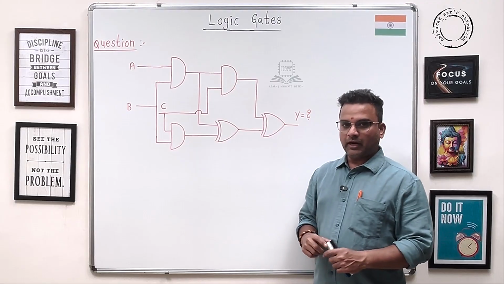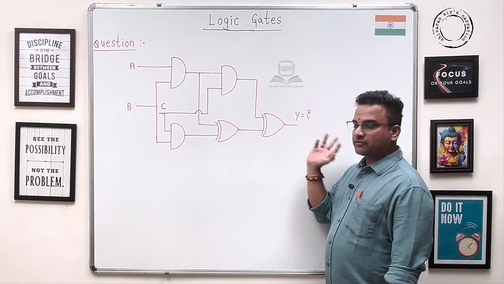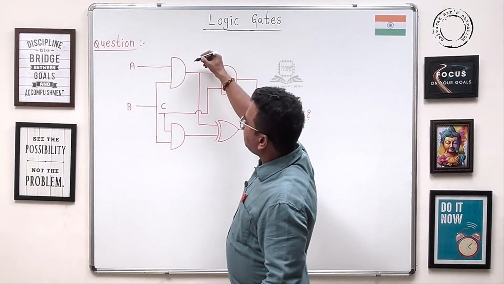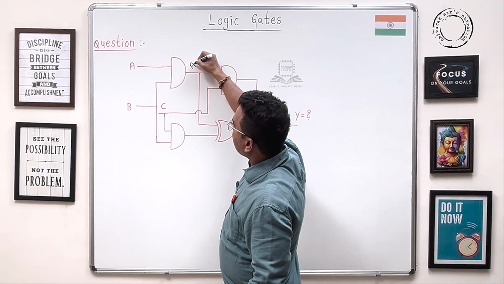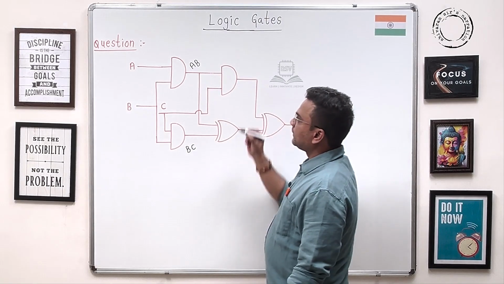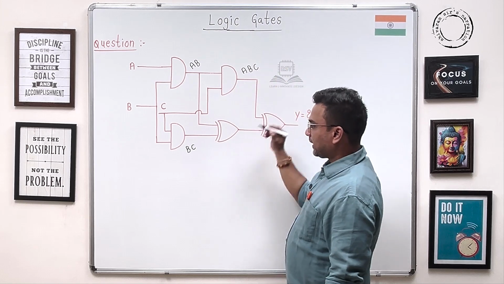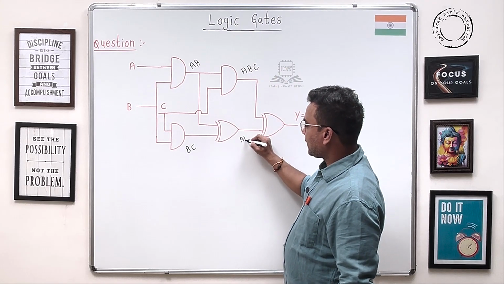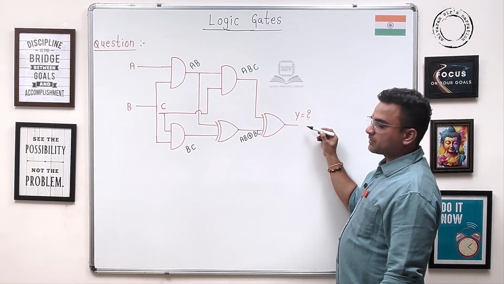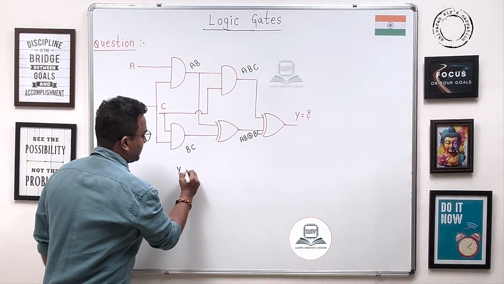This is the design, and we want to know the simplified output expression for the given design. What is Y, the simplified Boolean expression? Now, guys, what is the output of this gate? It is A into B. Similarly here, it is BC. And it is C, therefore ABC. And this one is AB XOR BC. Now the output expression for Y is ABC